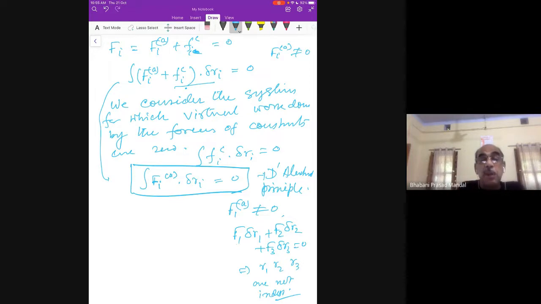So automatically, D'Alembert's principle puts the condition that all the coordinates you are considering are not independent. But that is the thing we want. Earlier we did it by eliminating. I have the constraint equations, I eliminate those, and I find who are the independent coordinates, and we name those the generalized coordinates, and with Hamilton's principle we got the equation of motion. Now here, with D'Alembert's principle, the virtual work done by the forces of constraint is 0, and that automatically gives that the coordinates are dependent on each other. That is the only thing we want to do.